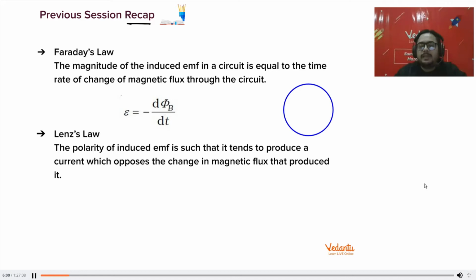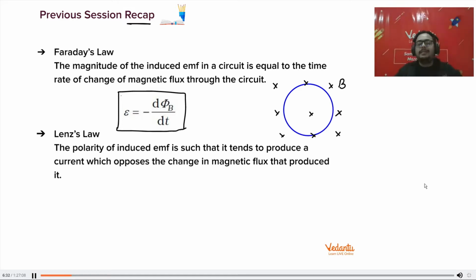Faraday simply stated that if you have a closed loop and there is some magnetic field passing through that loop, okay, let me say magnetic field is inside. If this magnetic field starts changing with respect to time, or basically I can say if magnetic flux through the loop is changing with respect to time, an EMF is induced in the loop. A voltage will be developed in the loop. And the value of EMF can be calculated using the formula E is minus d phi by dt.